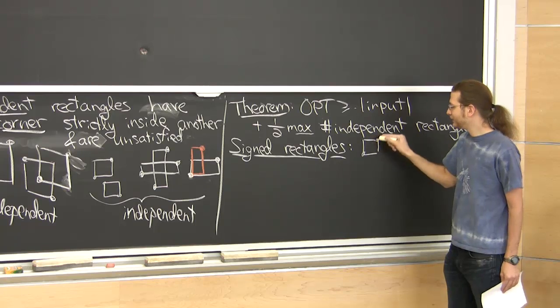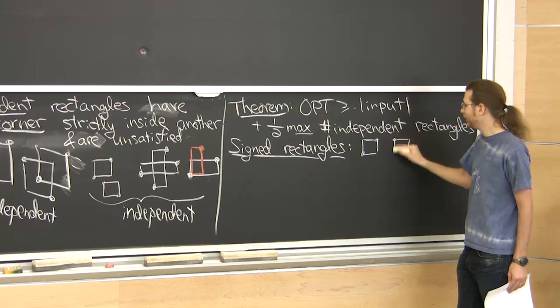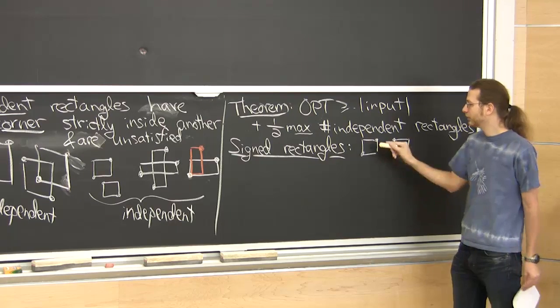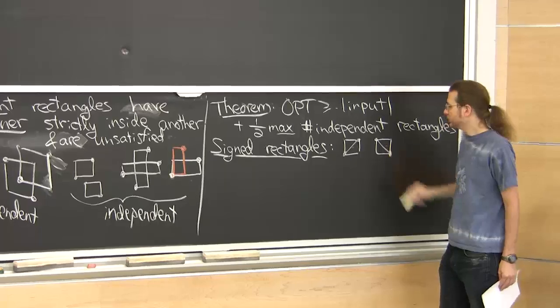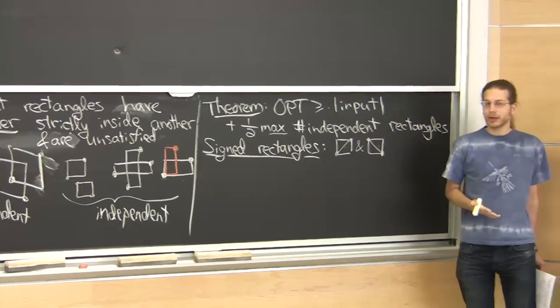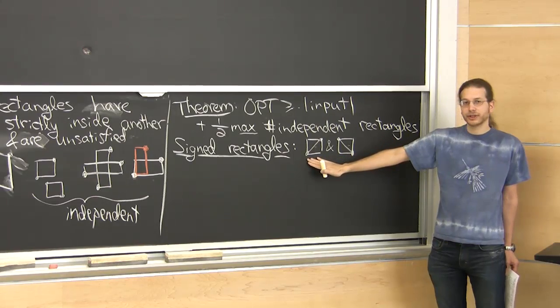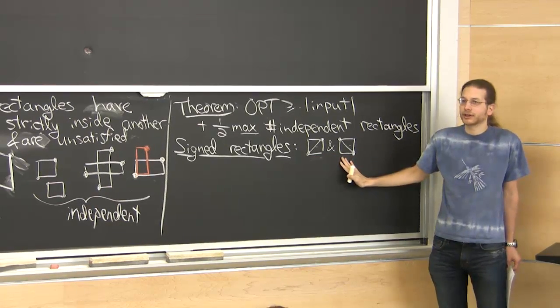There's the top right, lower left kind, and then there's the top left, lower right kind. These are positive slope or negative slope. Okay, those are the two kinds of rectangles. And it's helpful to think about just the positive rectangles, the slash rectangles, and just the backslash rectangles